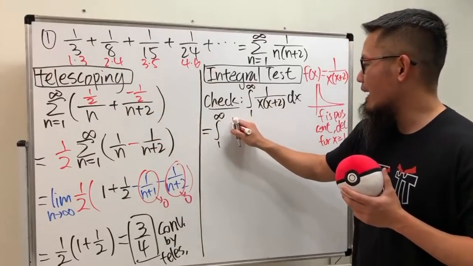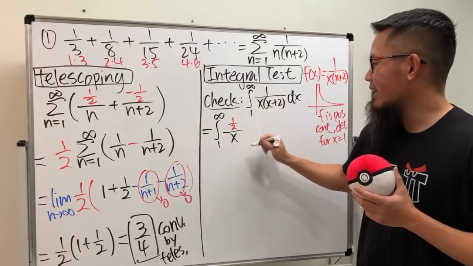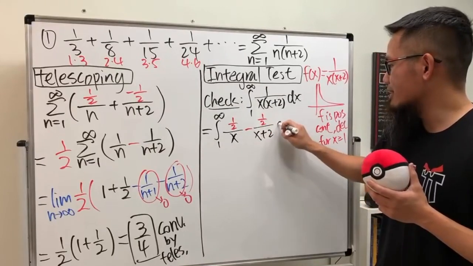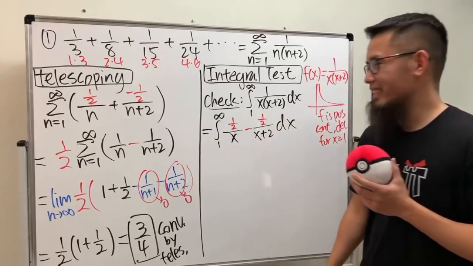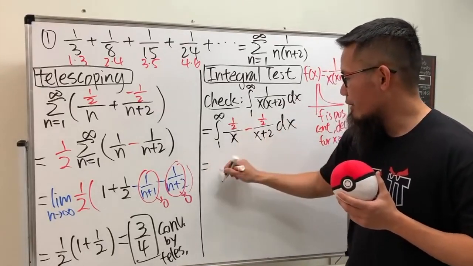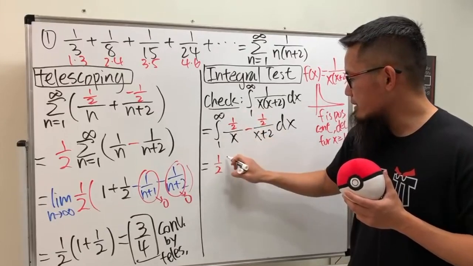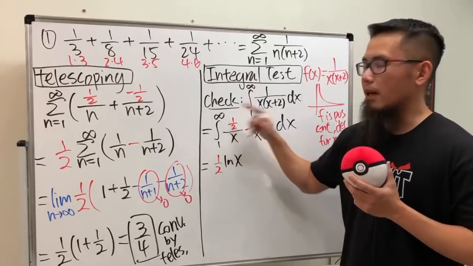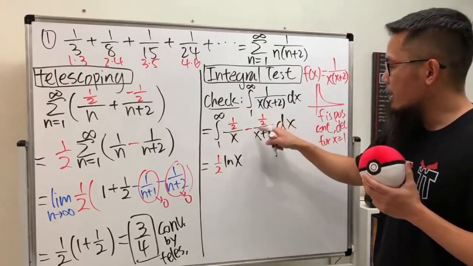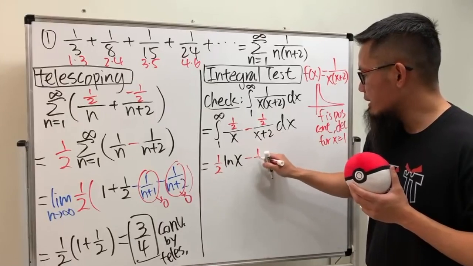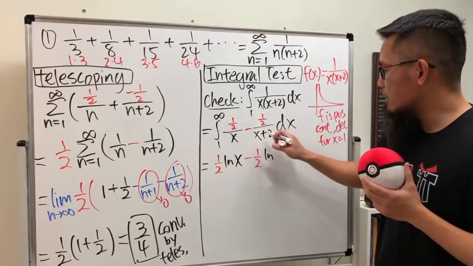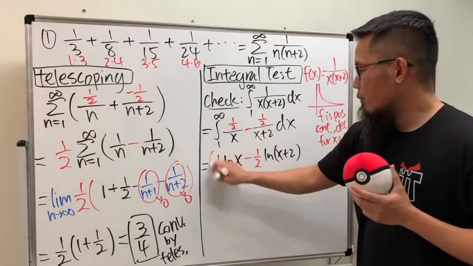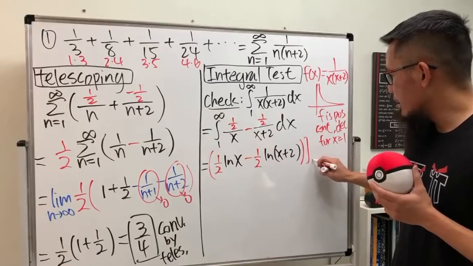So we have 1 over 2 over x, and then minus 1 over 2 over x plus 2. Partial fractions. And then integrate that, we have the 1/2, and then 1 over x is ln x, and we don't need the absolute value because we are going from positive 1 to positive infinity, so that's okay. And then minus 1/2, and then we have ln, and then we have the x plus 2. All right? Well, we don't need to put on the plus c, and we do have to plug in the